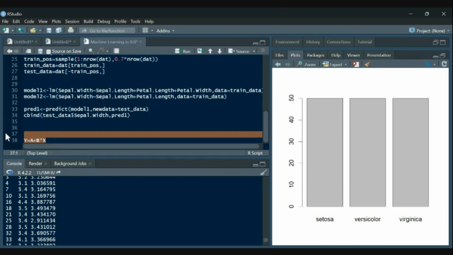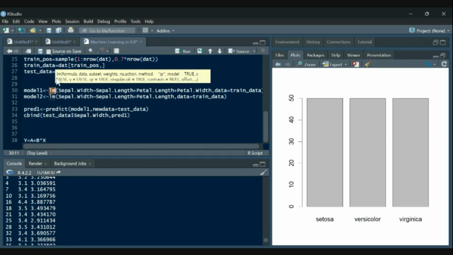What we are trying to do here is find the values of these a and b. We don't know the values of a and b. So for that we are utilizing this lm function, which is used for linear models. Here my y is the sepal width and my x1, x2, x3 are the sepal length, petal width, meaning three different independent variables. Yes. Okay. Thank you, ma'am.